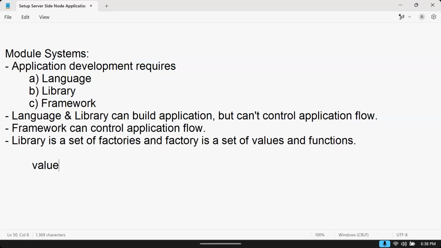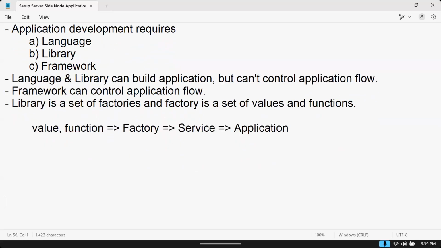Actually, value, function into factory, factory into service, service into application. Later you will understand the difference between factory and services. So a library